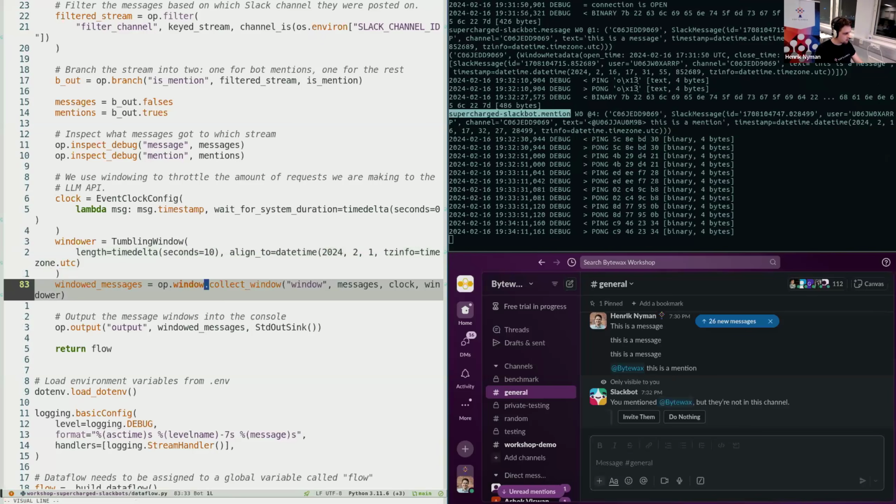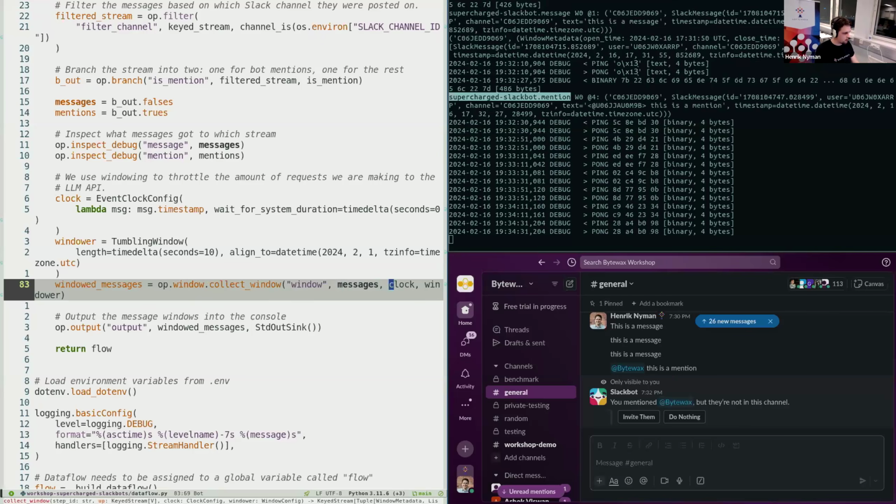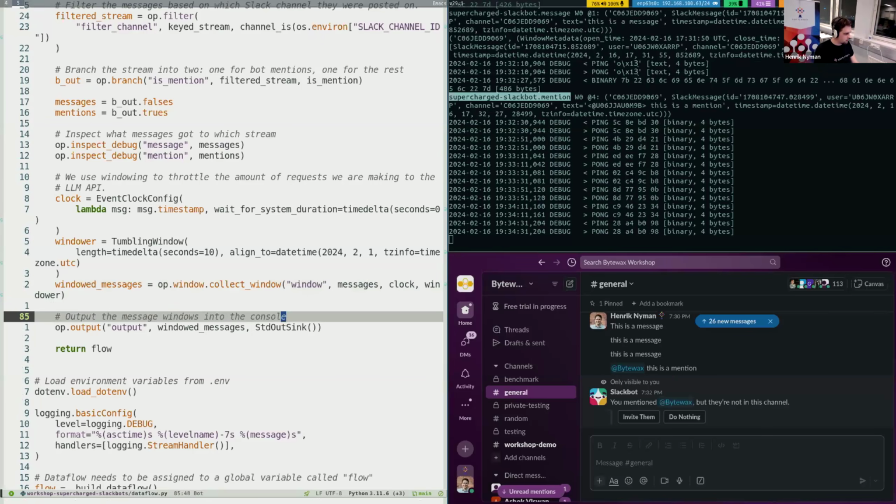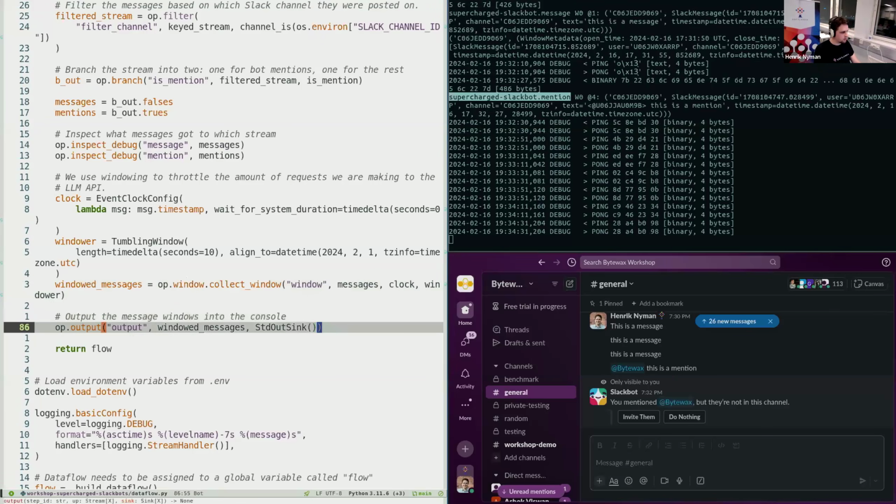Then we use this window collect window operator function to actually create the window. We give it the upstream messages, so we are not giving the mentions, but we are giving the actual messages that don't contain the Bytewax mention. Then we are giving it the clock config and then the actual tumbling window. And for that one, we are outputting the windowed messages to stdout. So